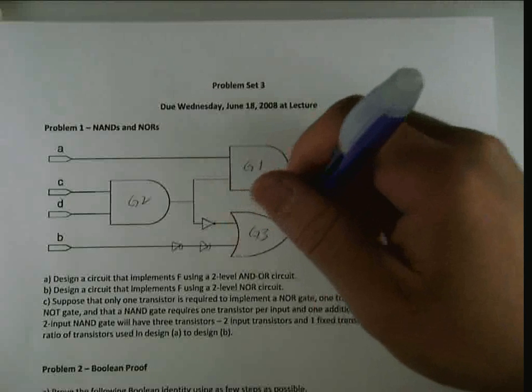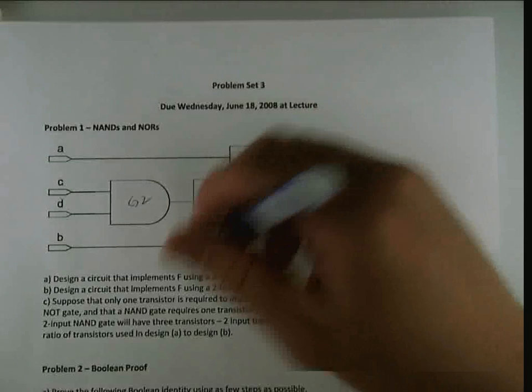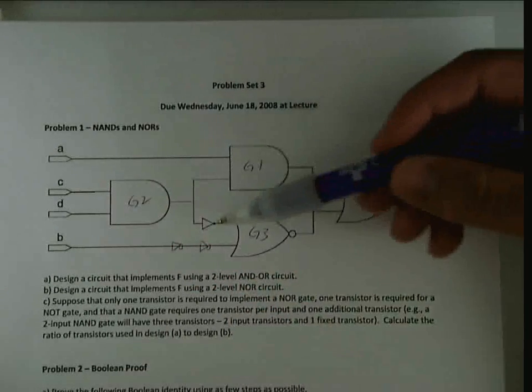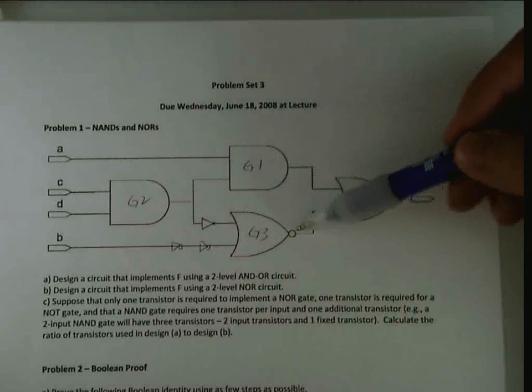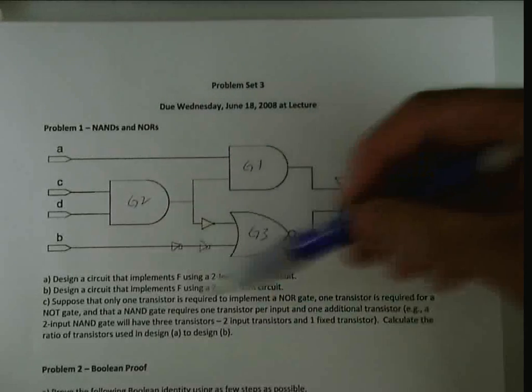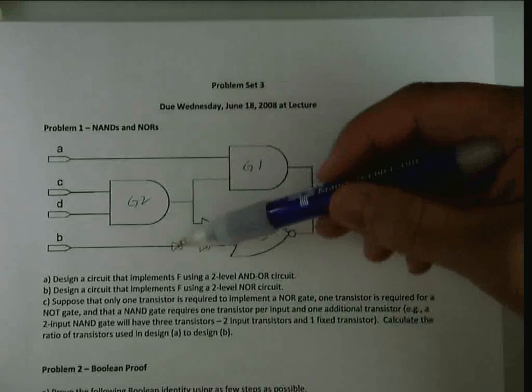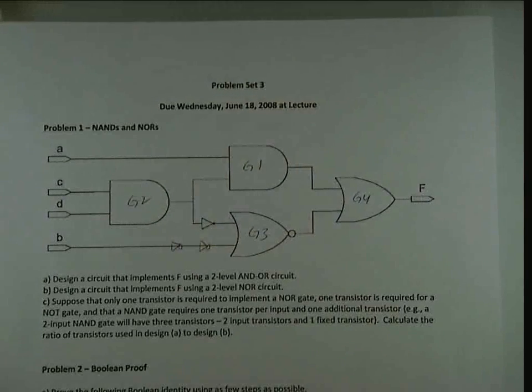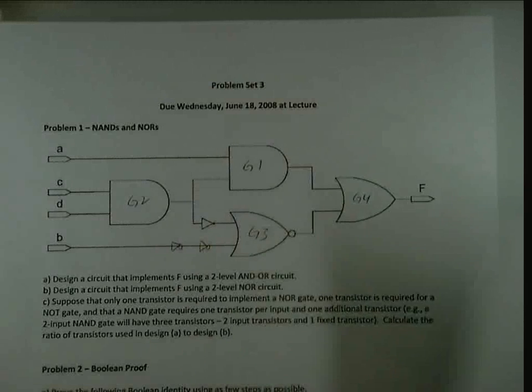An OR with its output complemented and its inputs complemented is an AND gate. So if these are complemented and this is complemented, we can just change G3 into an AND gate and just make sure we keep this outside inverter to make B bar. So our circuit for problem 1A